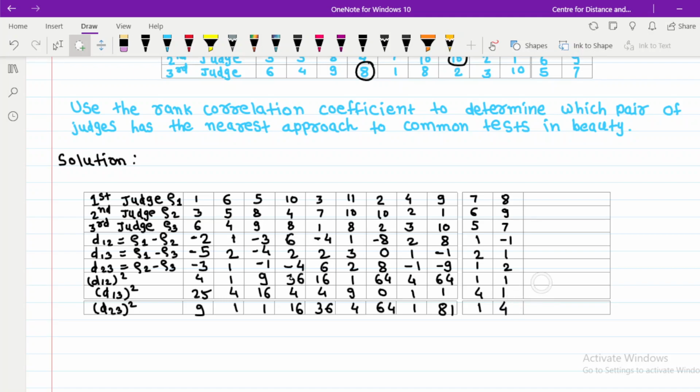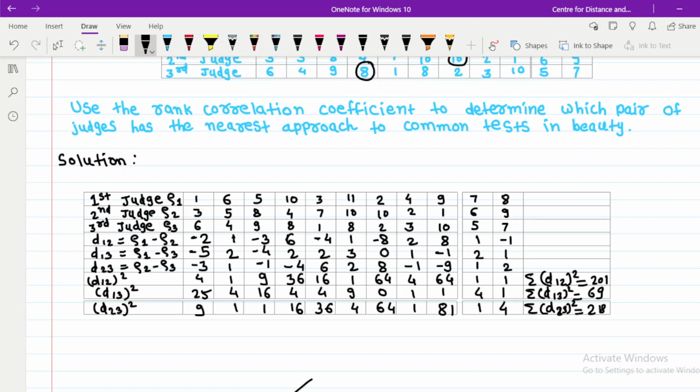Here we have to write summation d12 square, which is equal to 4 plus 1 plus 9 plus 36 plus 16 plus 1 plus 64 plus 4 plus 64 plus 1 plus 1 is equal to 201. And the summation of d13 square is equal to 69. Summation d23 square is equal to 218. Okay. Now